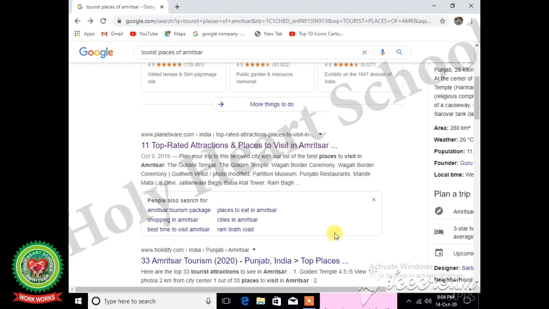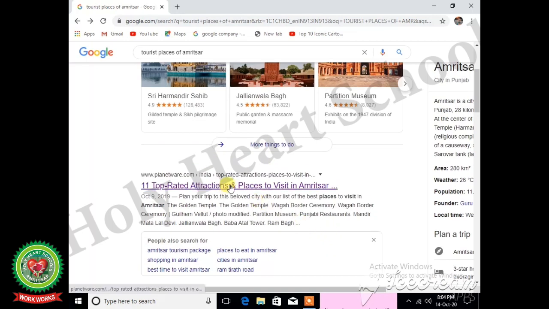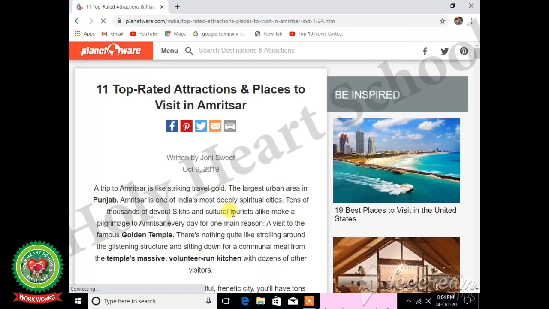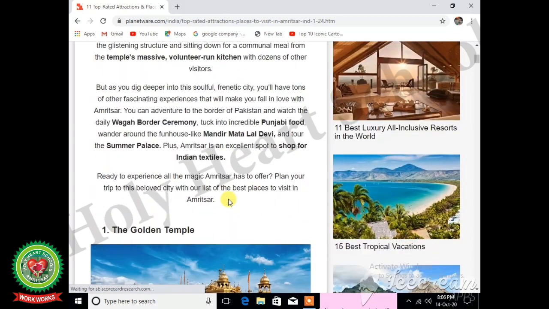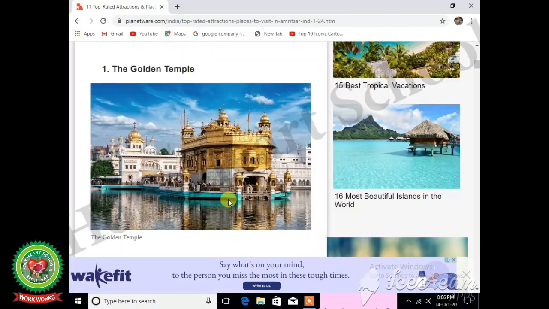Now I am going to click on 11 top rated attractions and places to visit in Amritsar. Here we will find the 11 top rated attractions and places to visit in Amritsar. And the first one is Golden Temple.